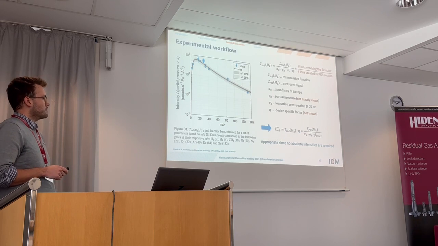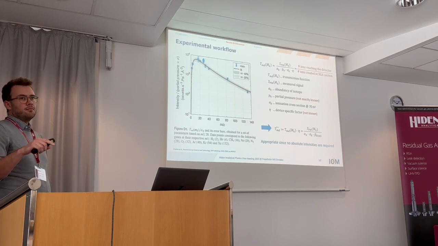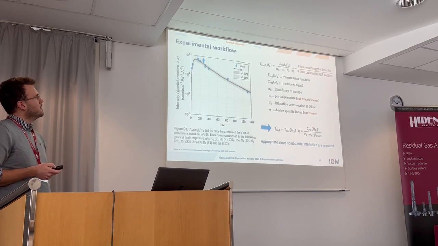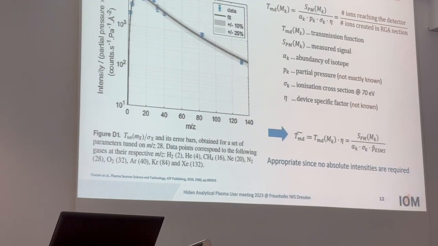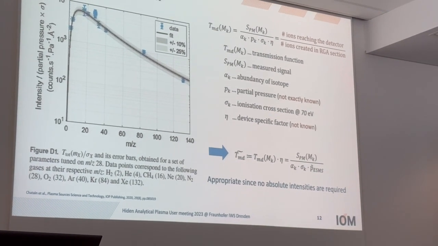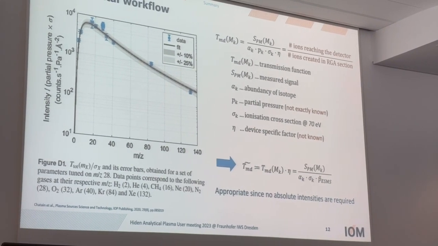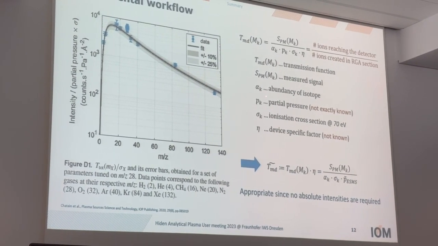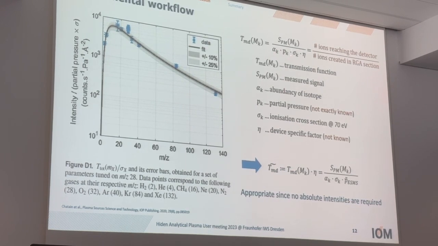We insert the noble gases, ionize them and detect them at our detector. And since we are measuring a signal at our detector, we need to know how many ions were created in our RGA section of the ESMS. Therefore we need the abundance of the isotope we are looking at, the partial pressure inside the RGA section, the ionization cross-section, and a